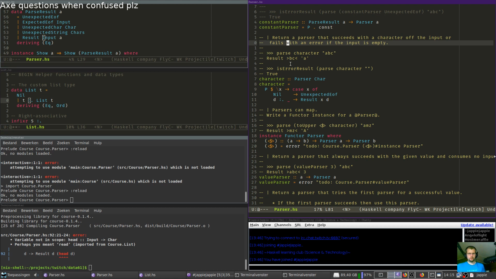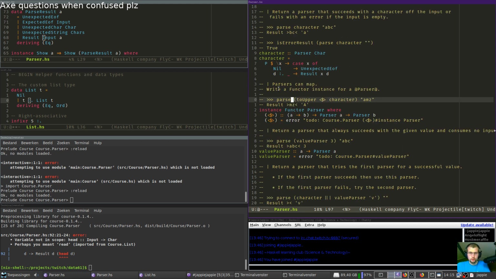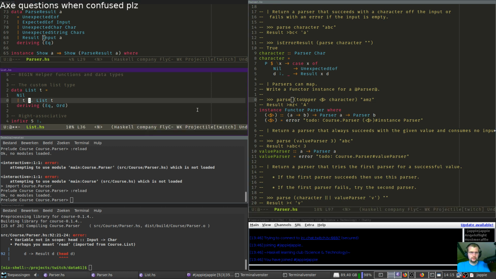Because we got this in the beginning, a type, right? Okay. Parser can map. Write a functor instance for the parser. You get a type signature very explicitly. P2P, parser A, parser B. You can just derive it, right?